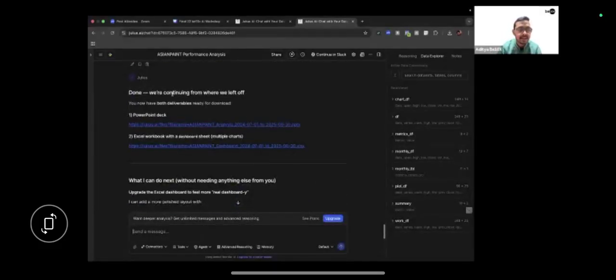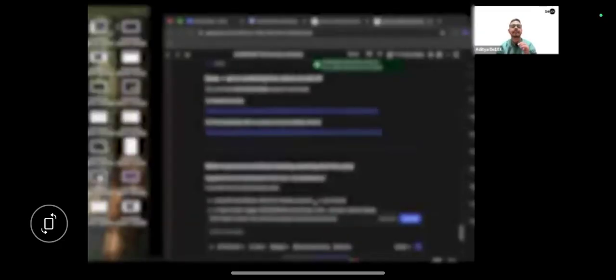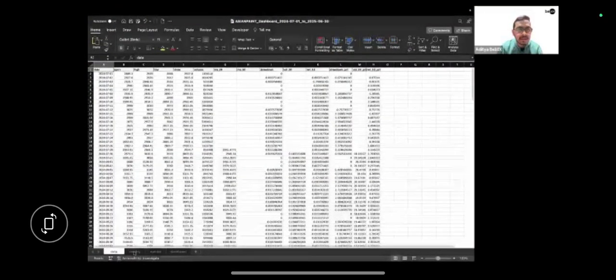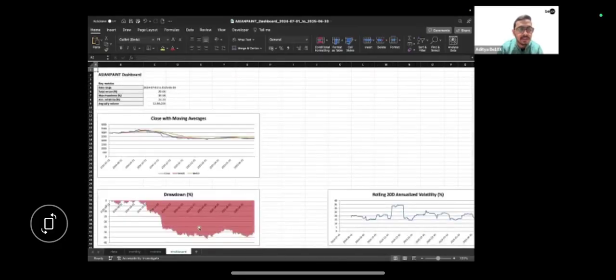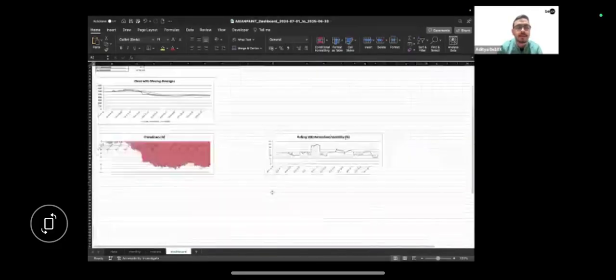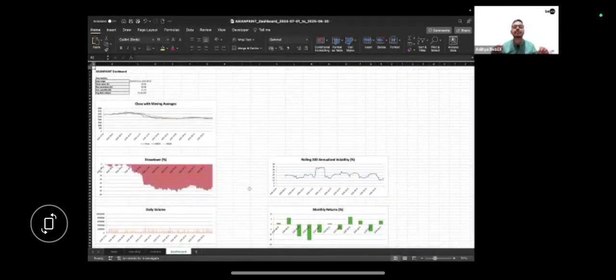So it has created an Excel dashboard for us as well. As I can see over here, I'll click over here. Once I click over here, a download has happened. Let me open this. If I open this, okay, there is this particular data set, then there are a couple of subsheets, and there is this dashboard subsheet. And guys, if I go to this dashboard subsheet, I have a complete Excel dashboard ready for me even without opening Microsoft Excel. How many of you are truly mind blown by this?